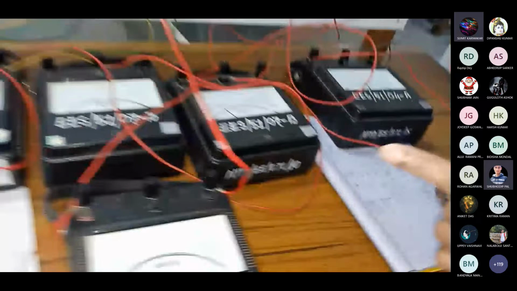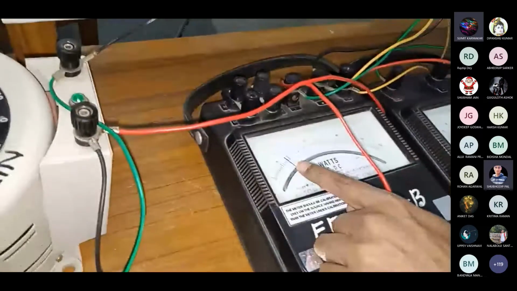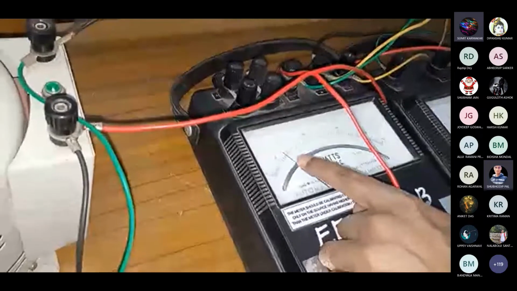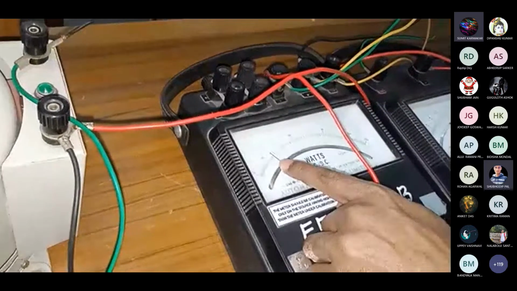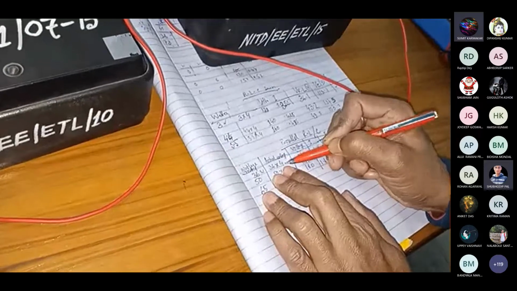Now let us look into the power measurement. So what power are we actually getting? See 30, right? And it is coming, say 30, 40. So each division is actually showing 2 units, right? So that means here also we have 36, right? 36 unit, 36 watt it is actually showing. All right. So we are noting it as 36 watt. That is the meter reading. Now for the actual power consumption, again we have to multiply it by 4. So the actual power consumption wattage is 36 into 4.